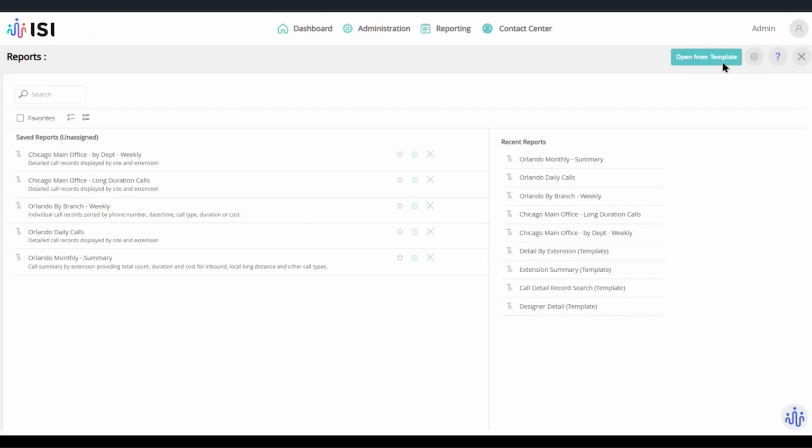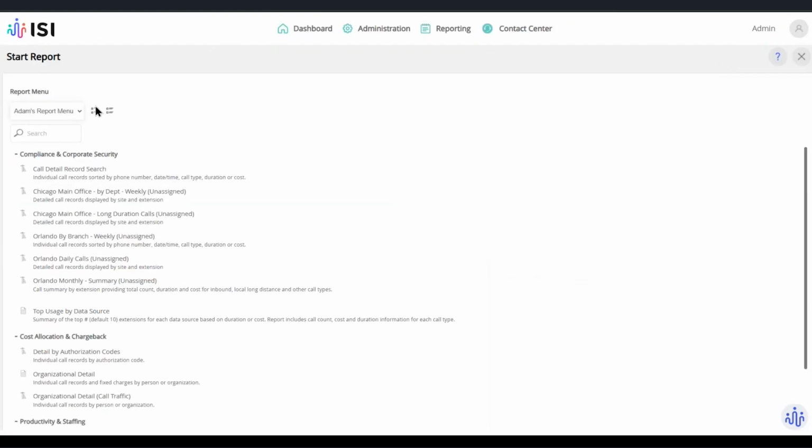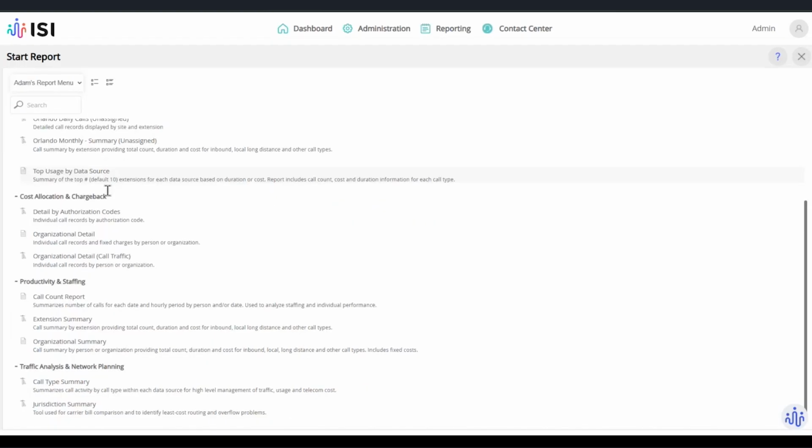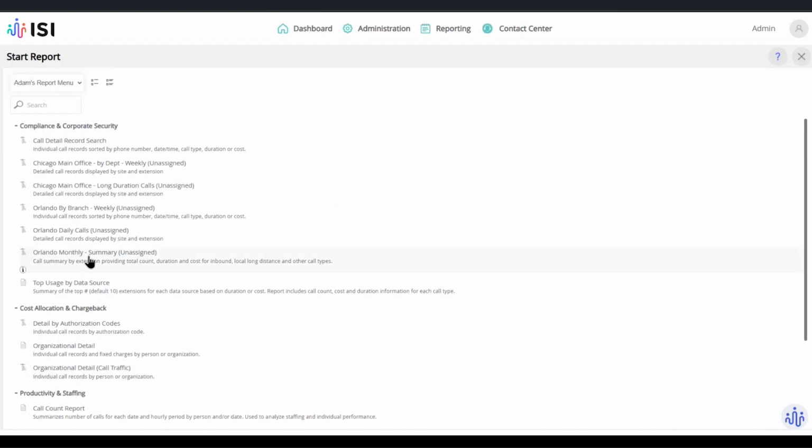You can actually go into your templates and let's say I'd logged in with my user and all I'm going to see is Adam's report menu. Then I only see the reports that I've been assigned and no other reports. It makes life easier for yourself by just having limited reports, but it also sets it up so that your users can only see reports that have been assigned to them, which limits the data they